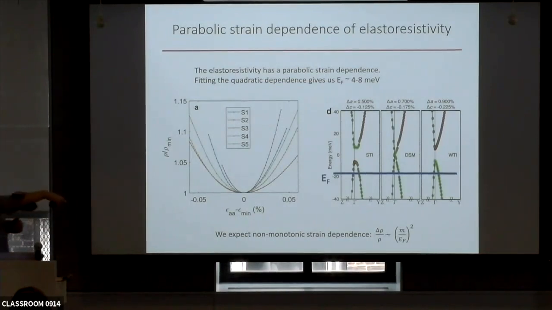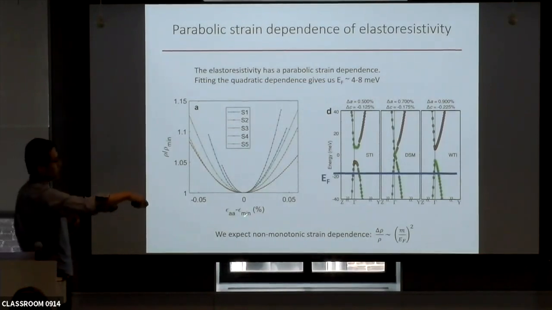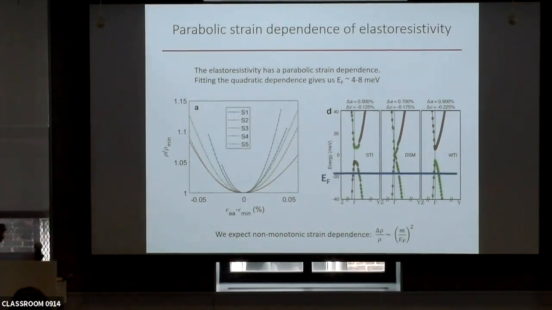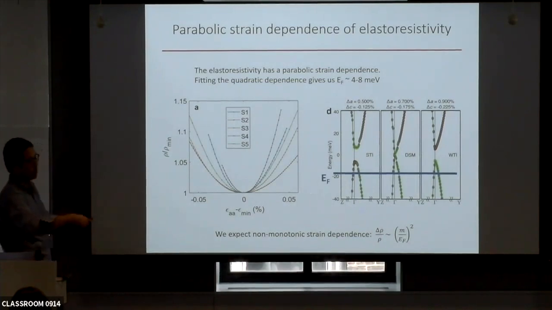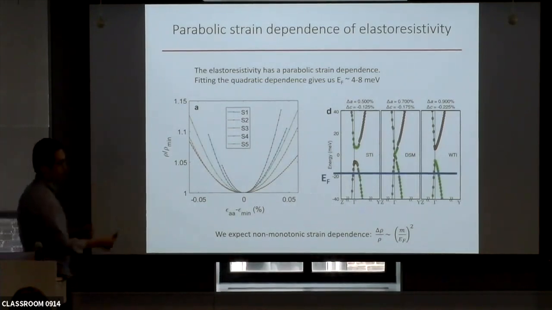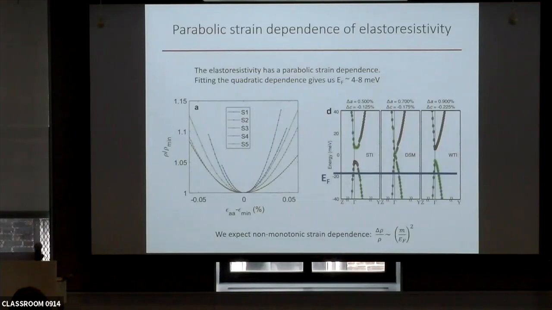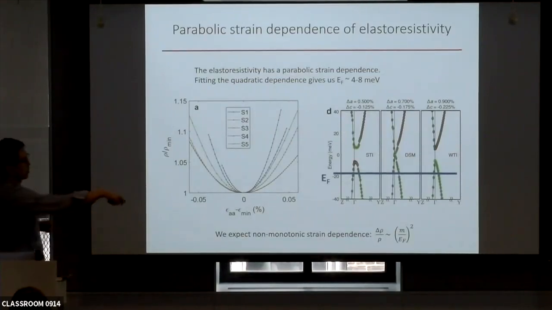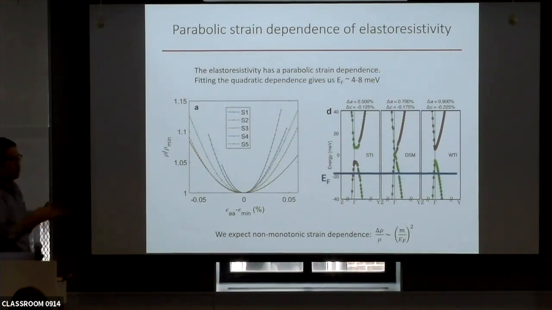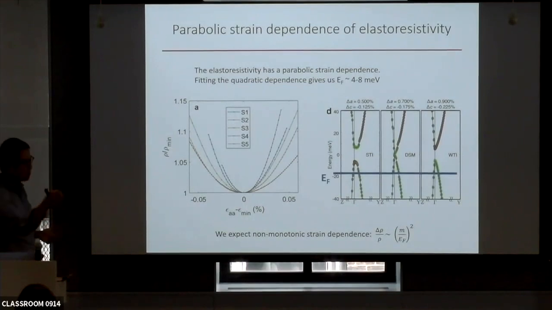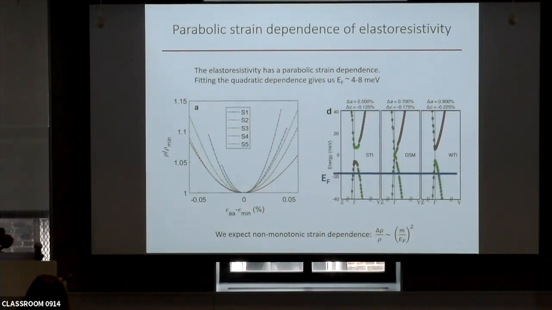And if you fit this quadratic dependence, you can get a coefficient, and that coefficient directly tells you what the Fermi energy is, provided that you know the deformation potential, that is, how much the mass changes as a function of strain. We use the deformation potential we obtain from the DFT calculation, and we extract the Fermi energy, and it agrees very well with, let's say, the carrier density we measure from the Hall coefficient, or the Fermi energy people measure in practice.